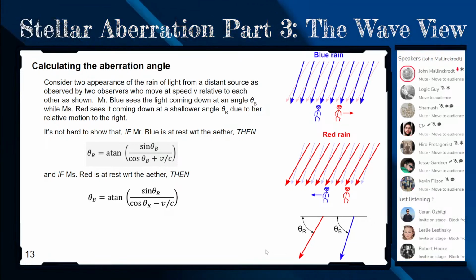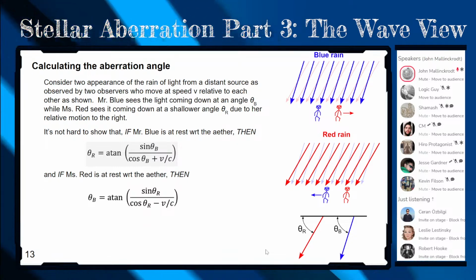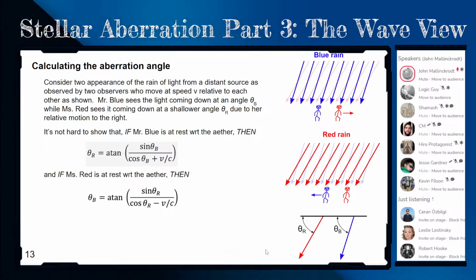That's because blue is now the preferred observer, divided by the cosine of his angle, plus the ratio of the relative velocity of red to blue, divided by the speed of light. So pretty simple